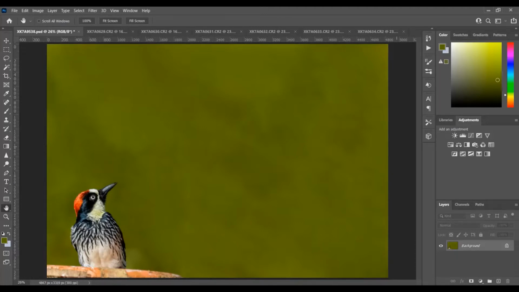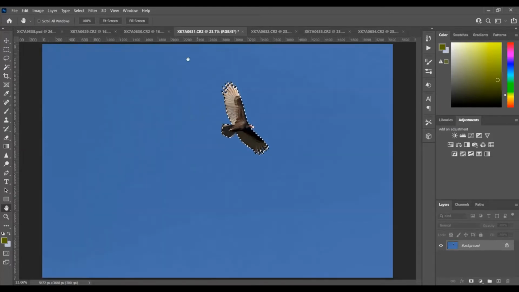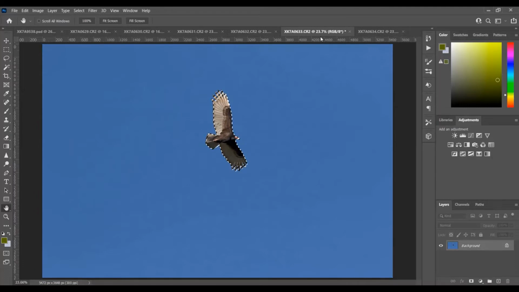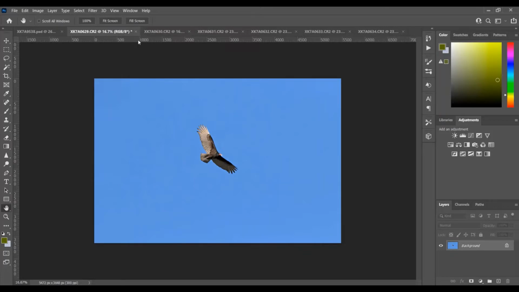So as shown in the initial tutorial, I have processed this image for you. You can see that I have 5-6 images of this vulture, which were taken in Costa Rica. These images are against the blue background, and I will not use this kind of images to show you because it has no story, it has no background. This is just a blue sky. But these images were taken to keep the record. This is an edited vulture. So how to use these images?